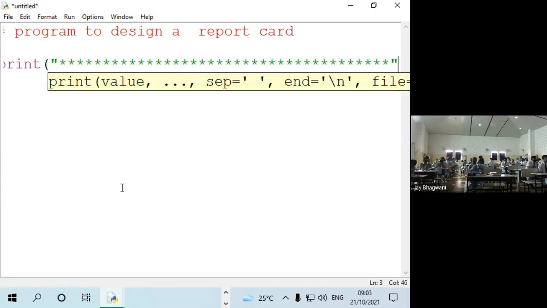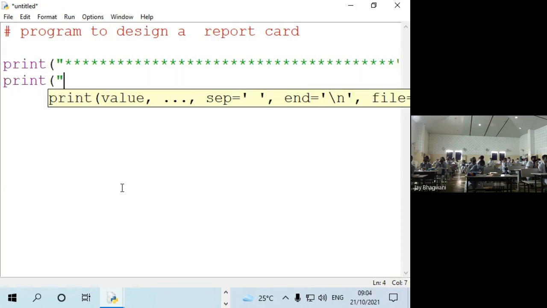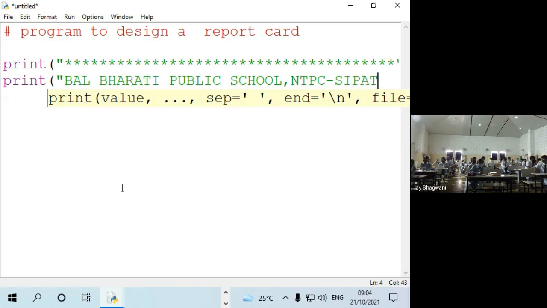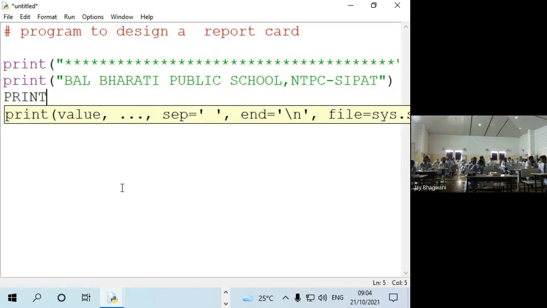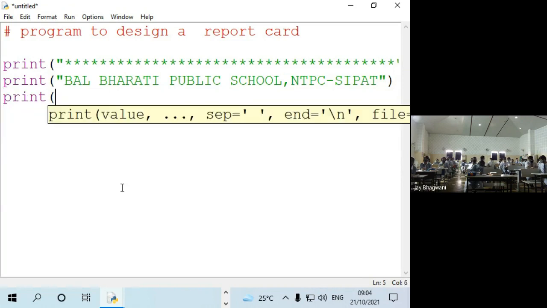The screen will start with a series of stars, and then I want to print the school name. So let me give the school name. Then the next print command, and here I am giving the CBSE affiliation number, which is 3330083.